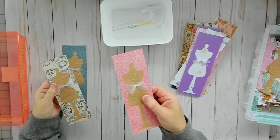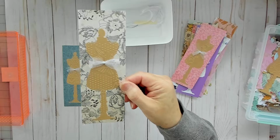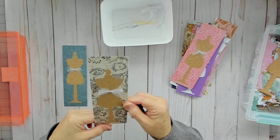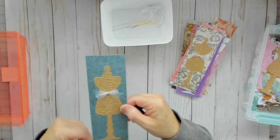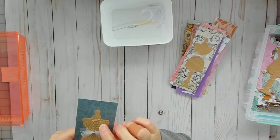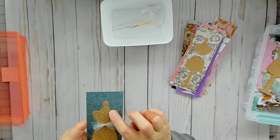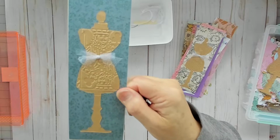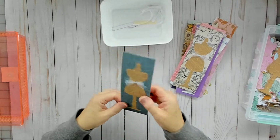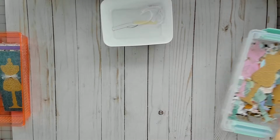I did this one yesterday, and then this one I did on camera yesterday too. Really like that. I'll have to pull that embossing folder out because I really like that. And then this one I did on camera yesterday too. Actually, I didn't really notice, but this is an embossing folder. I think that's Tim Holtz. It's a playing card. I just noticed that. That's cool. All right, and that's that. Those are ready to be sewn. And then now I have